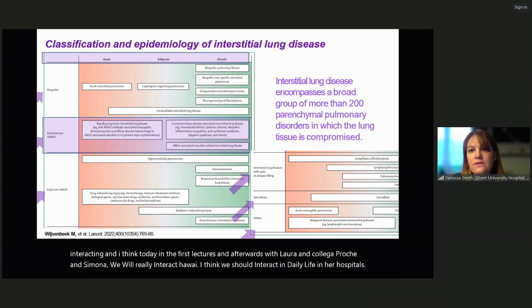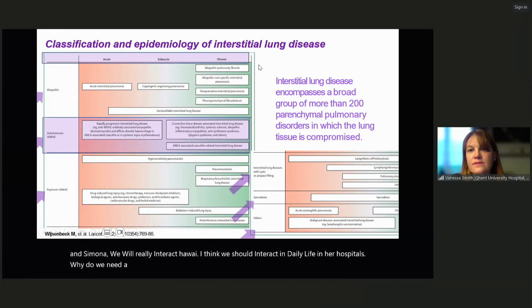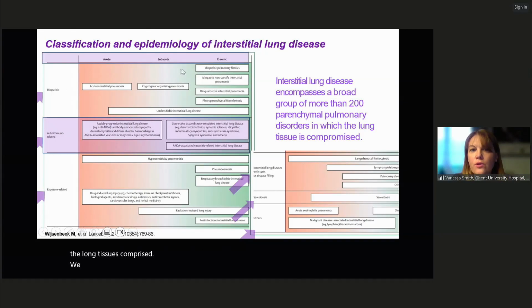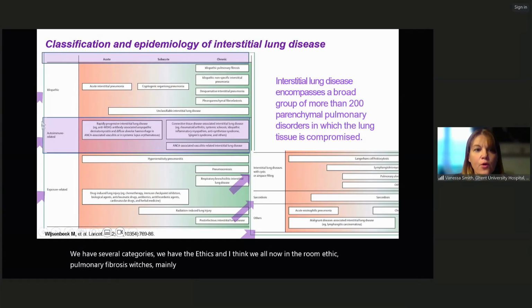Well, interstitial lung disease encompasses a broad group of more than 200 parenchymal pulmonary disorders in which the lung tissue is compromised. We have several categories. We have the idiopathic, and I think we all know in the room idiopathic pulmonary fibrosis, which is mainly treated by pulmonologists and has an infaust prognosis. We have the second category, and this is what we're interested in today, autoimmune-related ILD, in which you have some